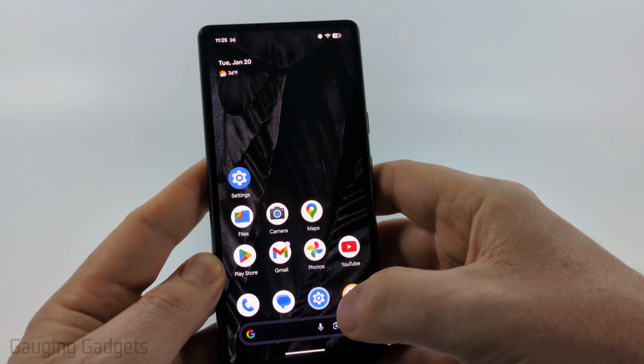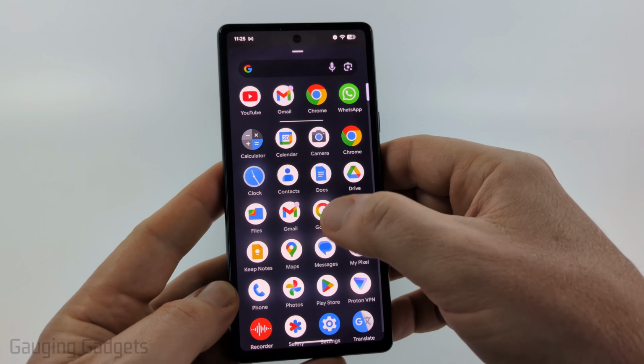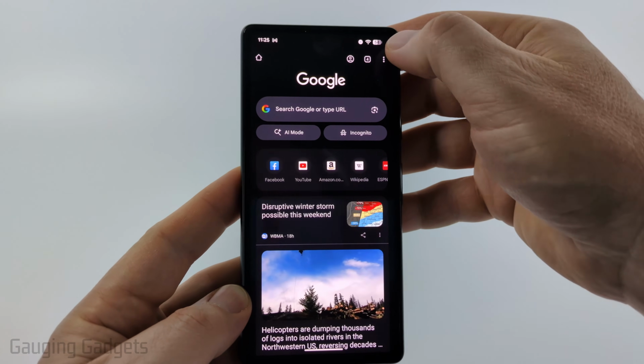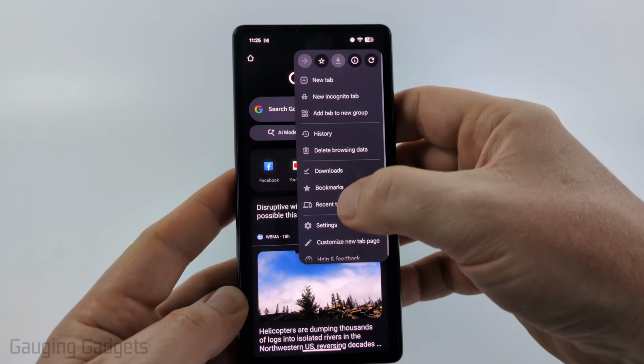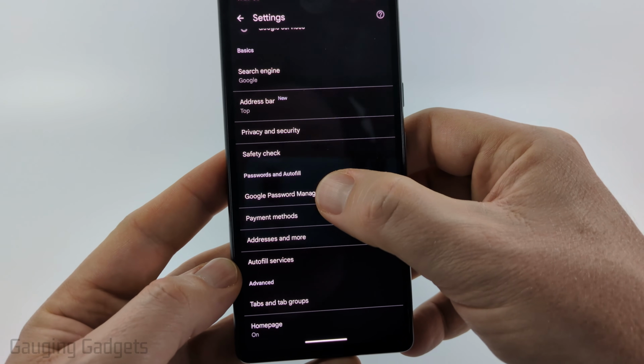Now, if for some reason that didn't work for you, you can also see your saved passwords by opening up the Google Chrome browser on your Android phone. Once in the Chrome browser, select the three dots in the top right, and then all you need to do is select settings. Now that we're in the settings, scroll down a little bit and you'll see Google Password Manager,